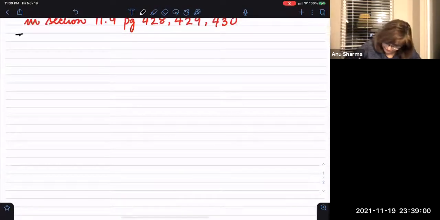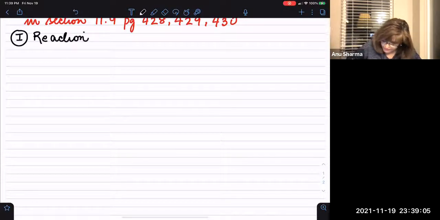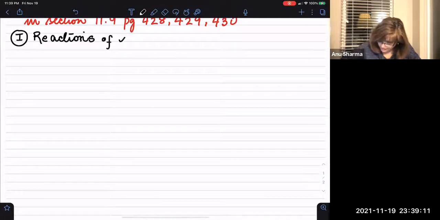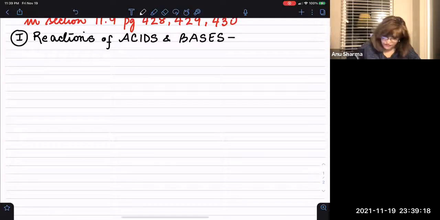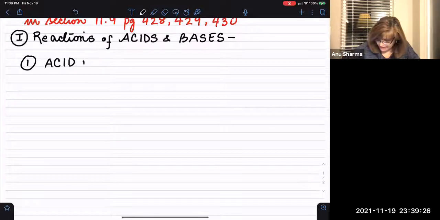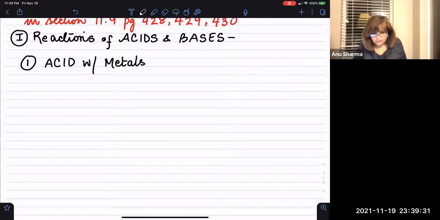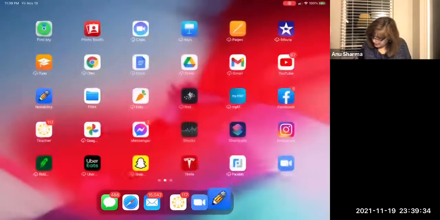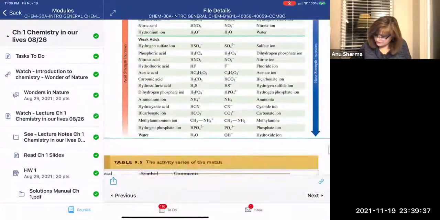Okay, so here it is, the reactions of acids and bases. First is, what happens when an acid reacts with metals. Acids react with metals. Now here, I would like to point out something that is missing from your book,